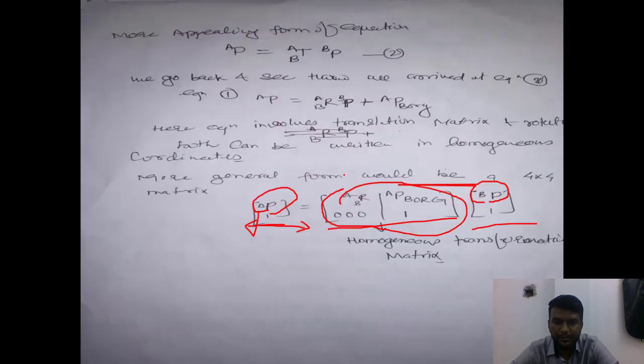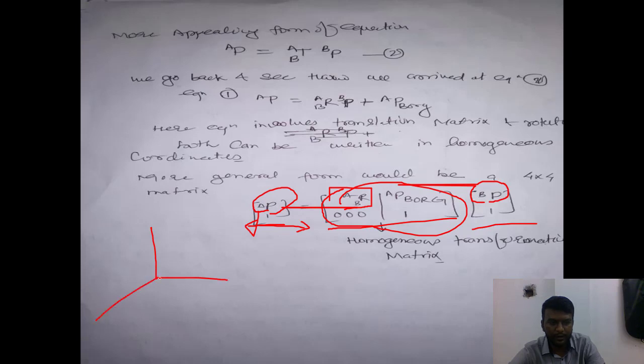What we do is there are two frames, one is rotated, one is translated. Another case is the general case, in which the frame is rotated as well as translated. If there is a rotation in the frame, there is a rotation matrix that we need to multiply. So these are two frames. Here there is one frame, and another one is this frame. This is the rotated frame. This is the A frame, and this one we call the B frame.